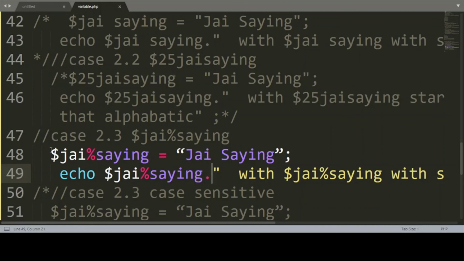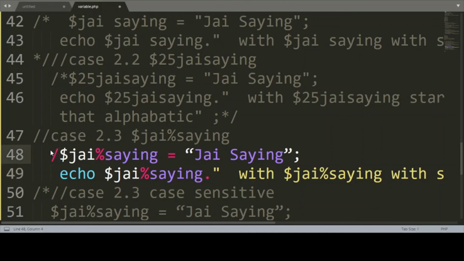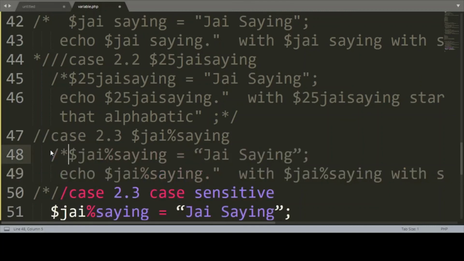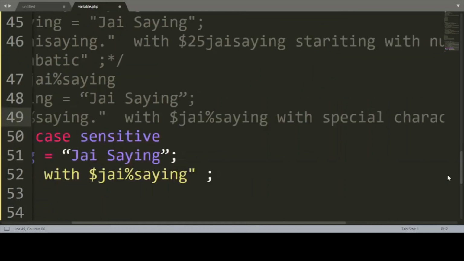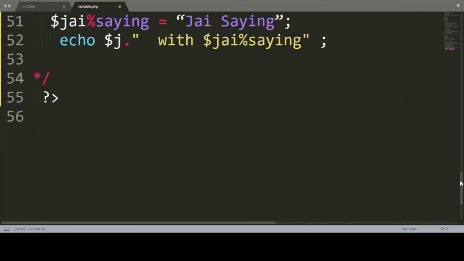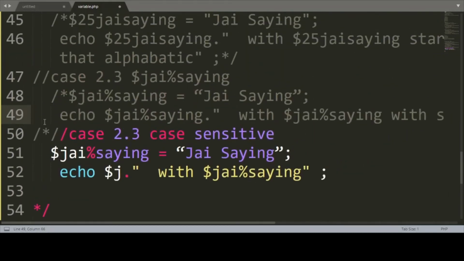So I am going to execute the case sensitive case now.